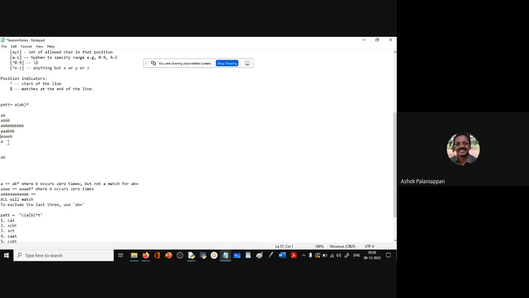Now when I put it within parentheses, what is the meaning? How is the pattern interpreted? When I say star, it means this entire thing has to be repeated 0 or more times. The preceding character is this entire bunch. That is the effect of the parenthesis. All right. So now can anyone tell me what all is being matched here?